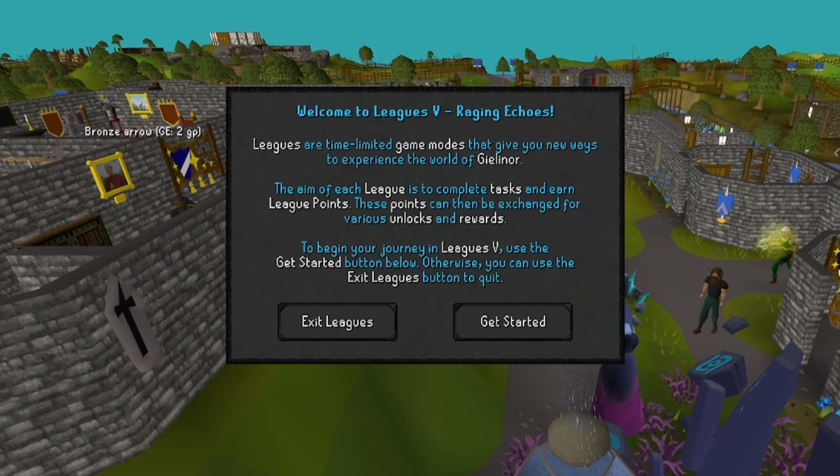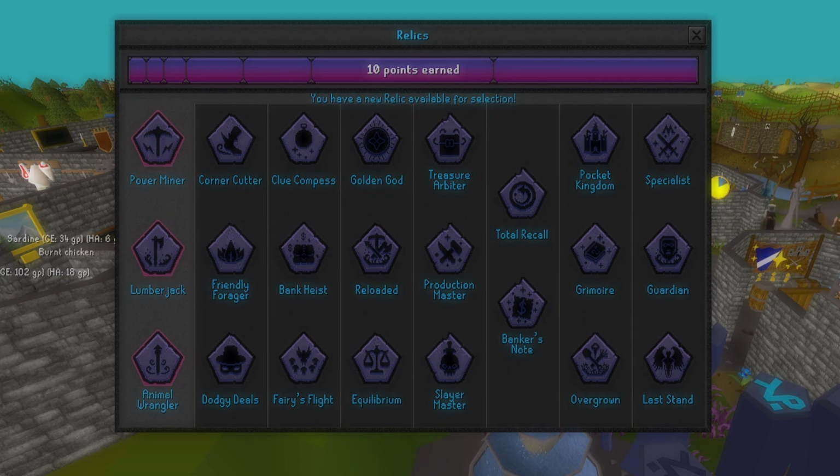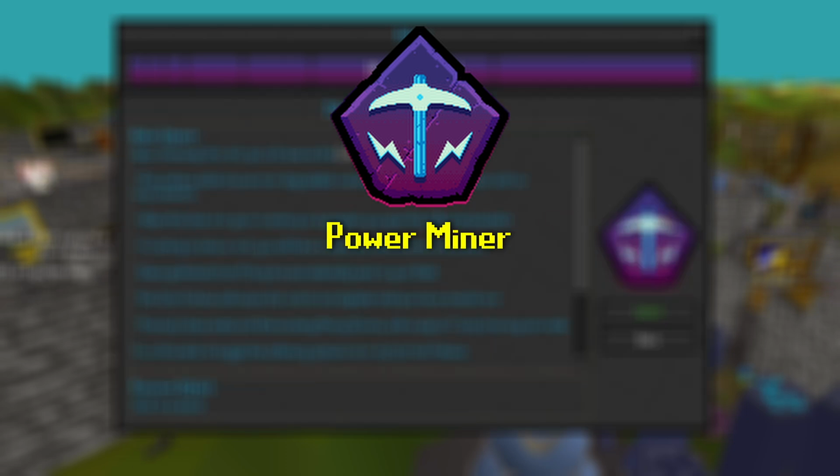Welcome to Leagues 5. Guys, here we have our relic list. We have a new relic available for selection. It's about time that we reveal it. Power Miner! Some of the benefits to Power Miner include having all ores and gems immediately sent to the bank